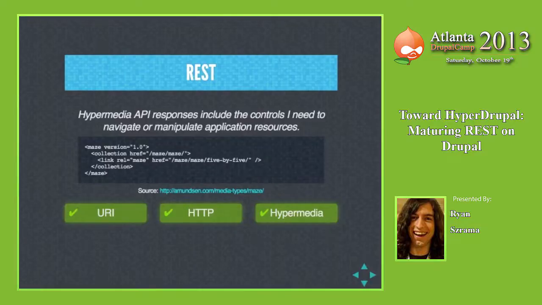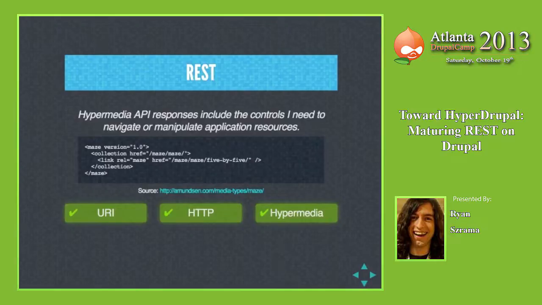Yeah. So the hypermedia makes sense if I read it. As a human being, it makes sense that, okay, there's a maze and there's a collection of mazes and this would be a list. Instead of one linked maze, there will be a bunch of them, right? So as a human, it makes perfect sense to me. But I don't think that's the purpose of it. The purpose is for the machine to understand. Correct, yeah. Right? So how will the machine understand? Because the machine is seeing it for the first time and it has not been programmed.